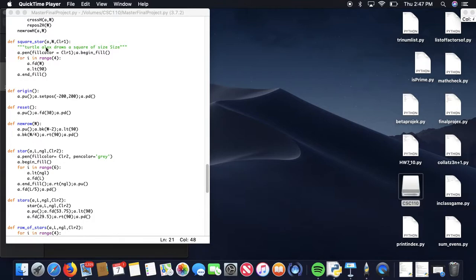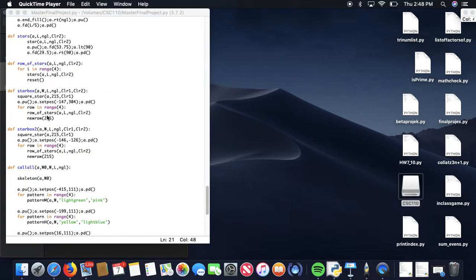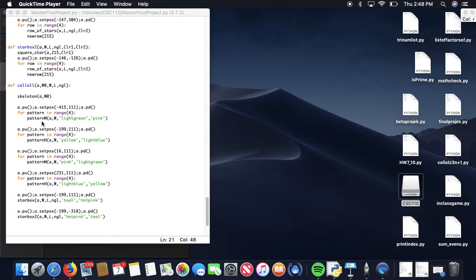And then for my choice of pattern, I picked stars. So I did a square of stars. Set the width and the color, making sure to differentiate how I call that color in this, because I kept ending up cross-calling all these different functions. So that was problematic. Here we go, just all these various functions. And then what I did was I wrote a function called callAll, which is pretty obvious what that does,